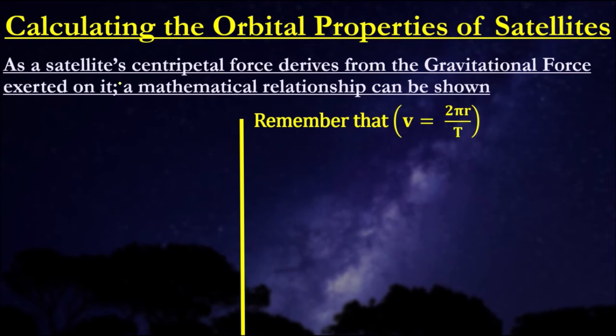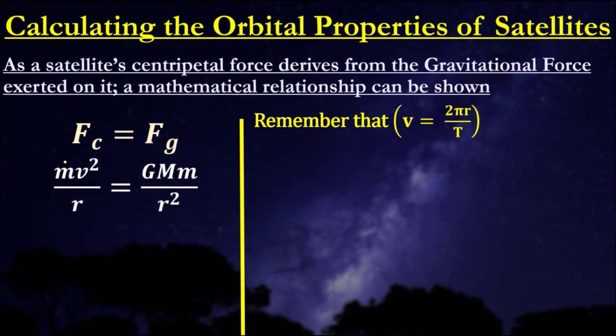Okay, so if we look at a satellite, the origin of its centripetal force comes from its gravitational force. We can express the mathematical relationship like so. Our net force, the centripetal force, is caused by the gravitational force of a larger object onto a smaller object. If we look at this formula here, this is the formula for centripetal force, and this is the force